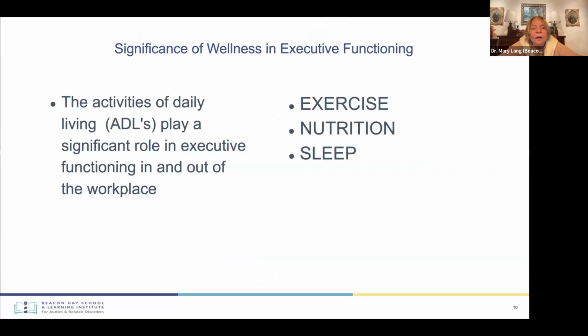Okay, significance of wellness in executive functioning. If you're not feeling well, generally, your activities of daily living play a significant role in completing your goals in and out of the workplace. And I know, because I was just listening to some music on this computer, that exercise, nutrition, and sleep are critical to one's not only physical health, it's mental health, and your capacity to be